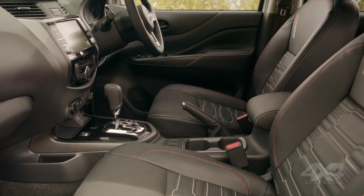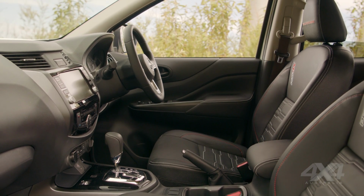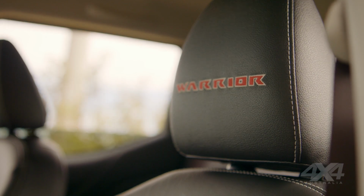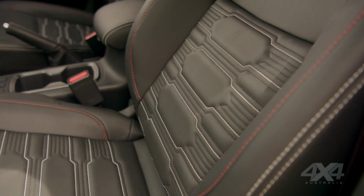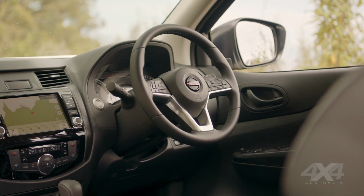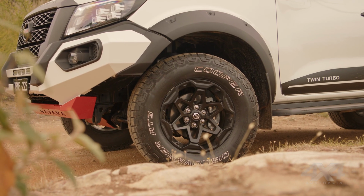Being based on the Pro-4X model, the Warrior gets a full leather interior. The only difference really is the Warrior embroidery on the headrests. Those leather seats are manual adjustment. It's a bit disappointing not to get electric adjustment or heating or cooling on what is really the halo model for Nissan. Part of the Warrior package is its bespoke alloy wheels, which give it a wider wheel track and